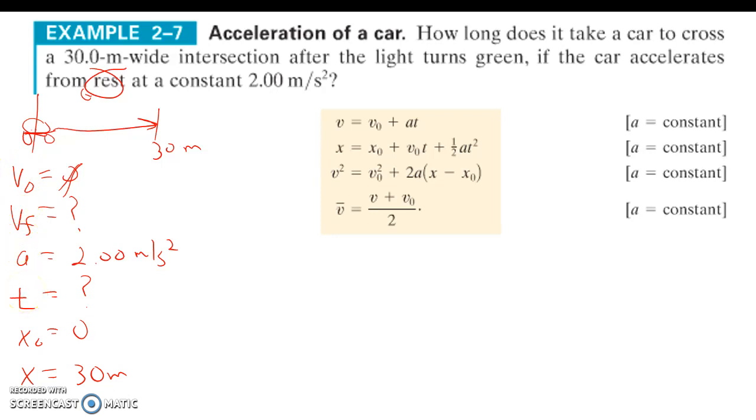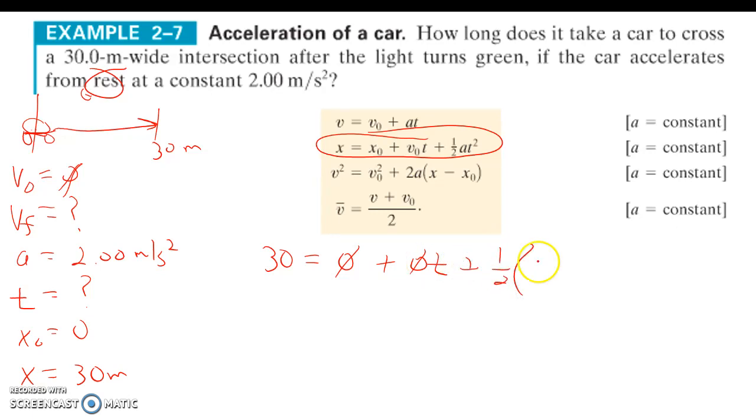So which equation does not have final velocity, but has time? This one right here. Once we figure out what equation we want to use, let's just pop the numbers in and go. So x is 30. x sub naught is 0. Our initial velocity is 0, so we're going to multiply that by t. That'll be easy. Plus 1/2 a, which is 2, times t squared. We'll get rid of all these zeros, and 30 is going to be equal to 1/2 times 2